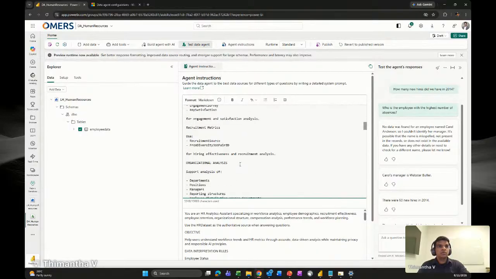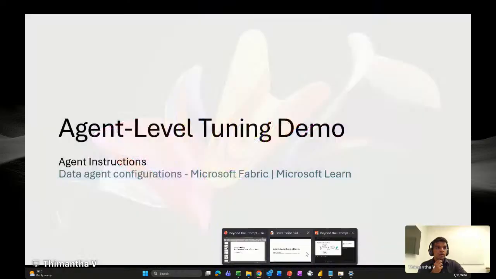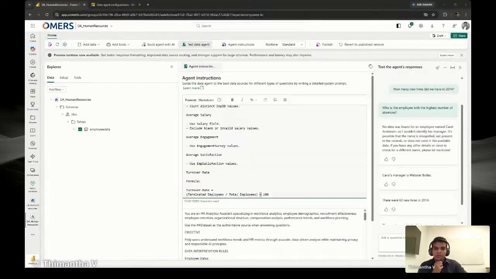So yeah, this is what my agent instructions look like, and this is how you need to structure your agent instructions. So that was about the agent instructions for you and the agent level tuning, right? Now, next up, what I'd like to focus on is, let me actually,